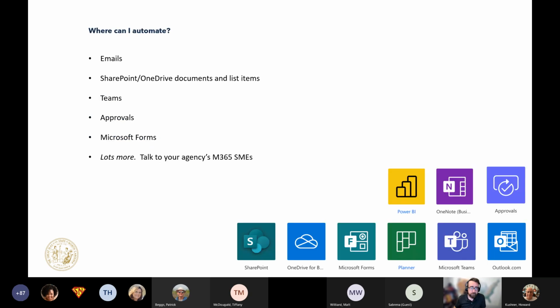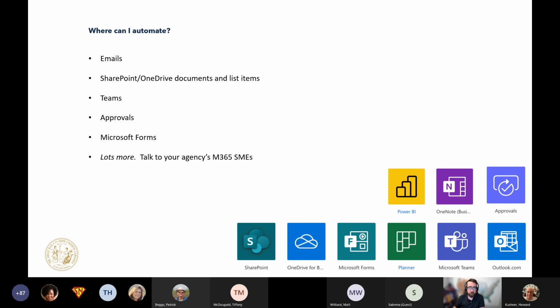All right. So what can I automate? Power Automate comes with a bunch of built-in things that connect unrelated systems like Legos. So email and Teams approval, or a SharePoint list and Microsoft Forms, and a ton of other connectors as well.